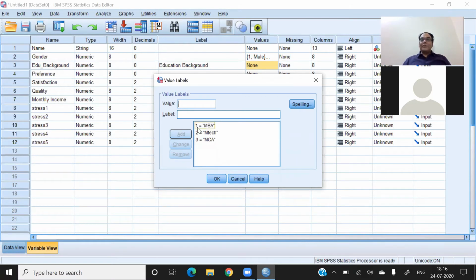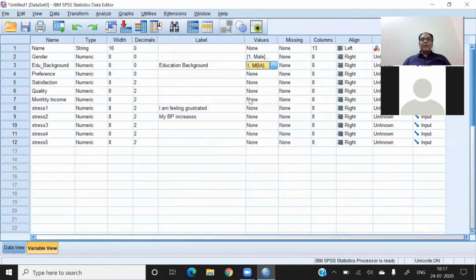You can see that 1 means MBA, 2 means MTech, 3 means MCA. And suppose you feel that T should be capital, you just click on that, make the T capital and change it. So you can correct it very easily. So values are basically the numbers assigned to the different categories of the variables. This is called values.